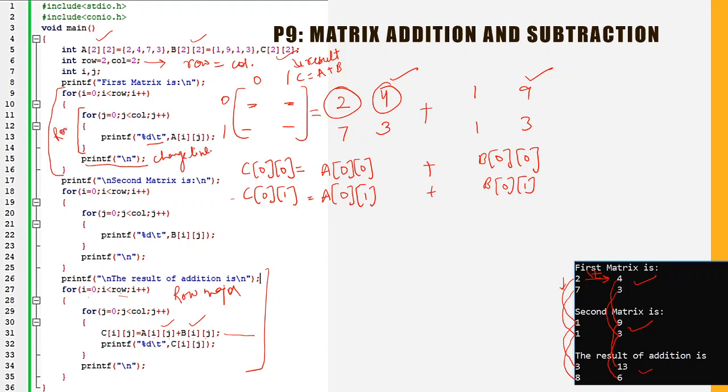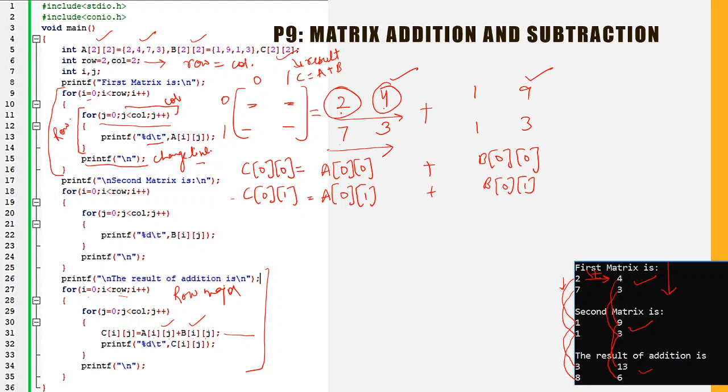This is one row. In one row we scan all the columns, right? For every row we scan all the columns through this, and this is used for different rows. At the end of every row we change the line. So this is how we can print the elements in matrix form, because we took it in linear form and by default it stores in row major form. That is why we stored 2 here, 4 here, and then 7 and 3. So this was the row major storage. You store like this first and then you come to the next row.